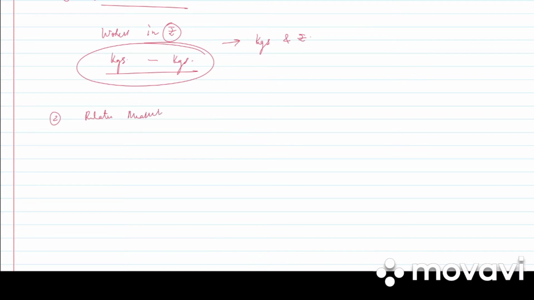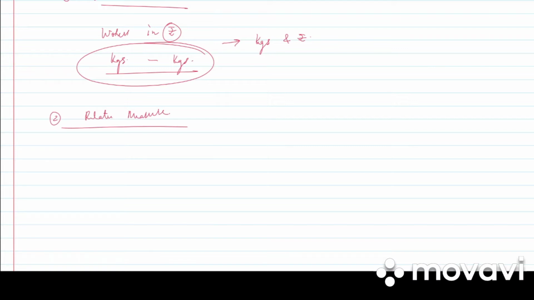Next, write down the second one, relative measure. Under that write down, the relative measure of dispersion expresses the variability of data in terms of relative value or percentage. So in case of relative measurement, there will be the data which will be expressed in percentage. Say for example, if one states that 26% of people in India are below the poverty line, one is referring to the relative variability of data.